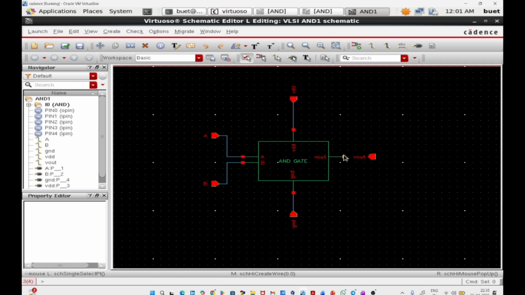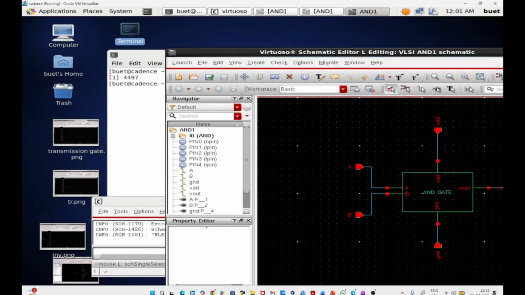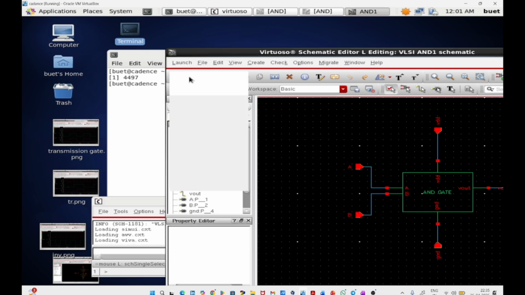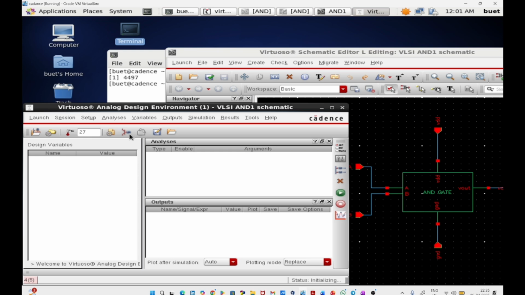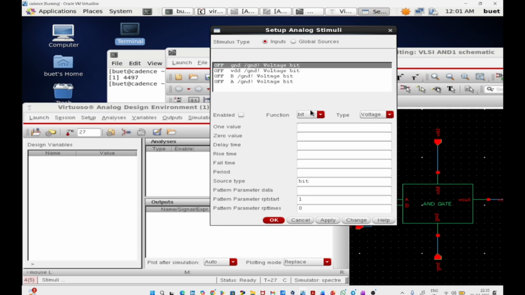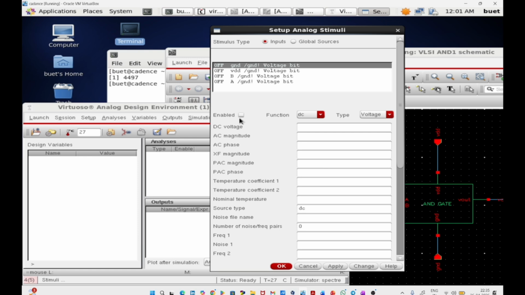Okay, then connect Vout to Vout, then click on this, check and save, then minimize this, then check schematics, check completed with no errors, VLSI and one schematics saved, then click on launch, then click on ADL, then click on this symbol. Yeah, then we know that,